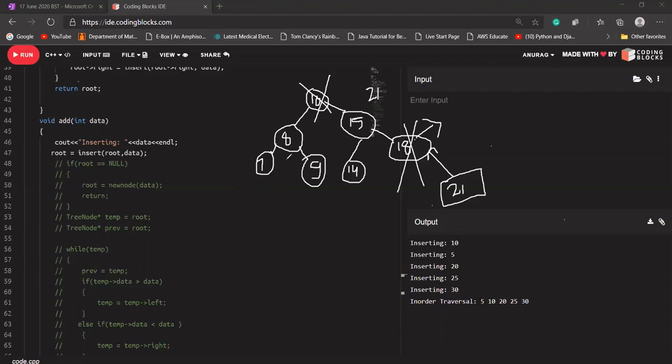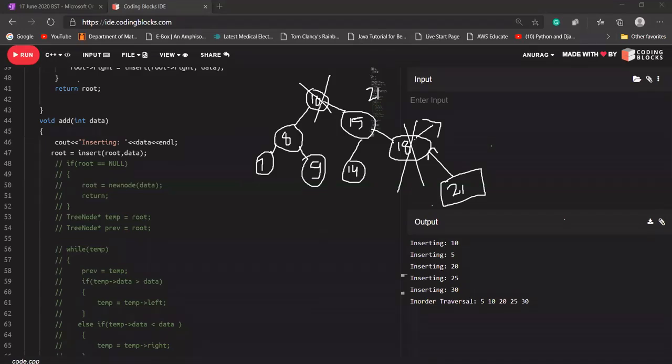So I want a leaf node for that, because if I swap this value with a leaf node, then I can delete that leaf node directly. Okay, because we all know that I can delete my leaf node directly. There's no need of doing anything. So for replacing this, we have an algorithm. Either we can replace it with the in order successor or in order predecessor. We are going to talk about that as well in this case.